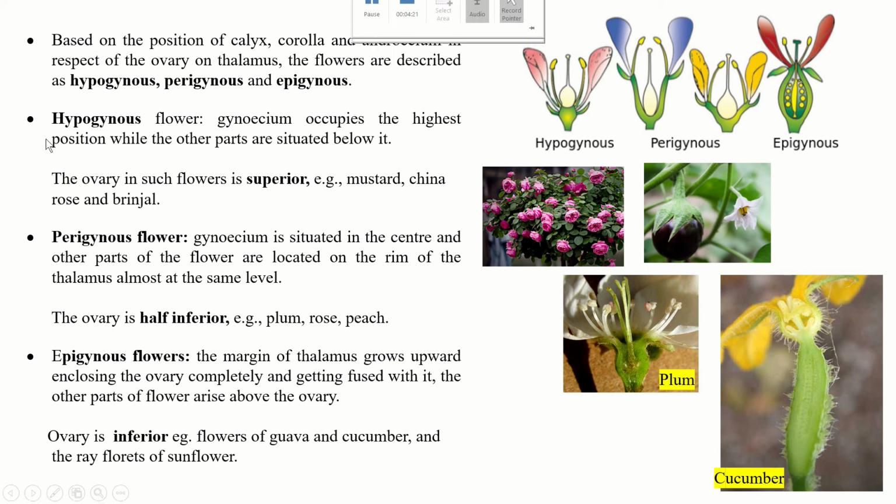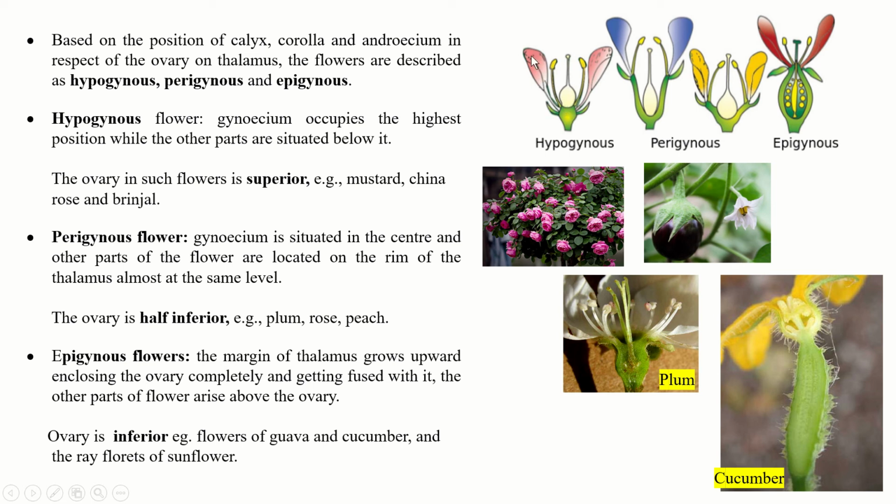Now let us see what is a hypogynous flower. Here the gynoecium occupies the highest position while the other parts are situated below. You can see in this diagram, the gynoecium, that is stigma, style and ovary, is on top of the